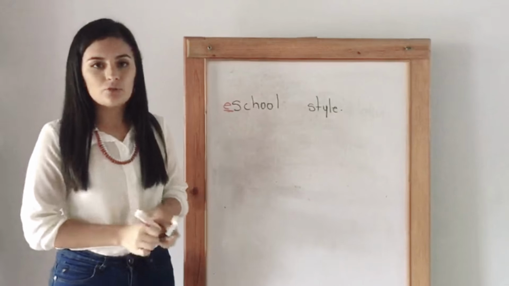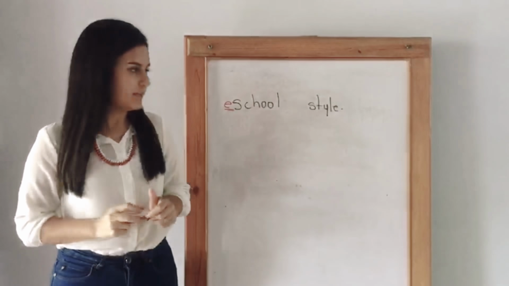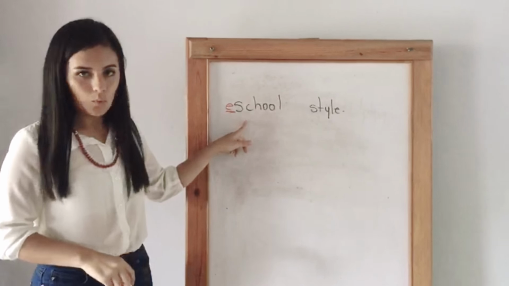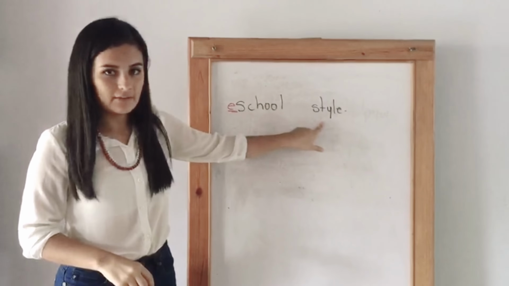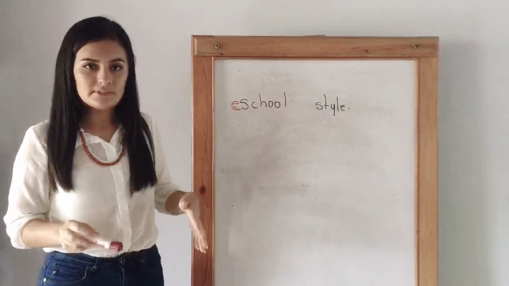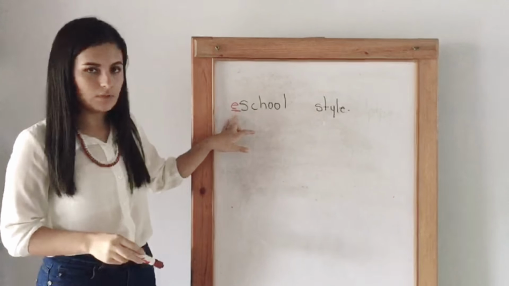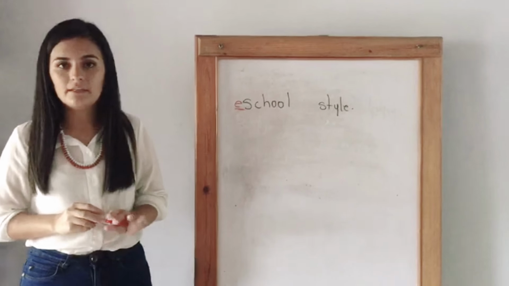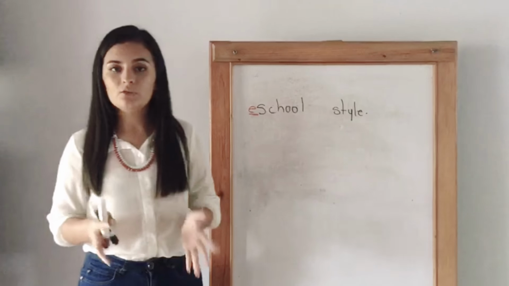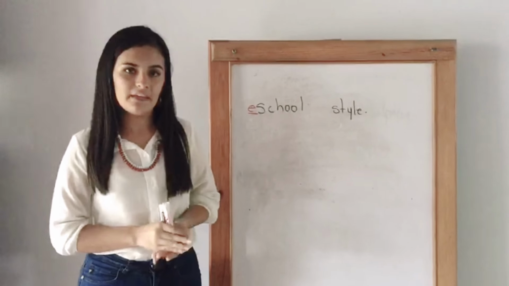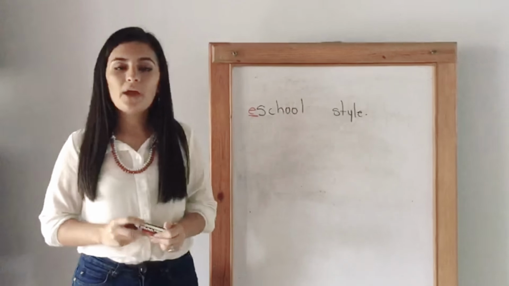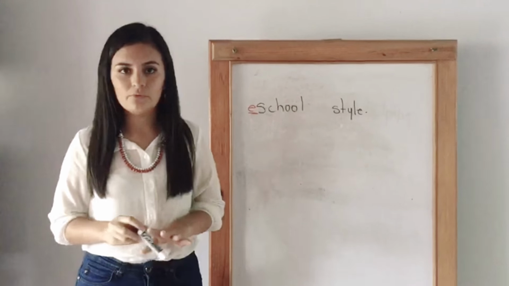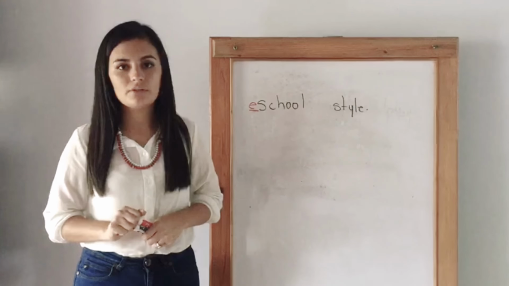The pronunciation of those words is school, style, but sometimes people say eschool, estyle. This is a very common mistake that people make. What you can do to improve this mistake is practice using the sound. For example, you can start using